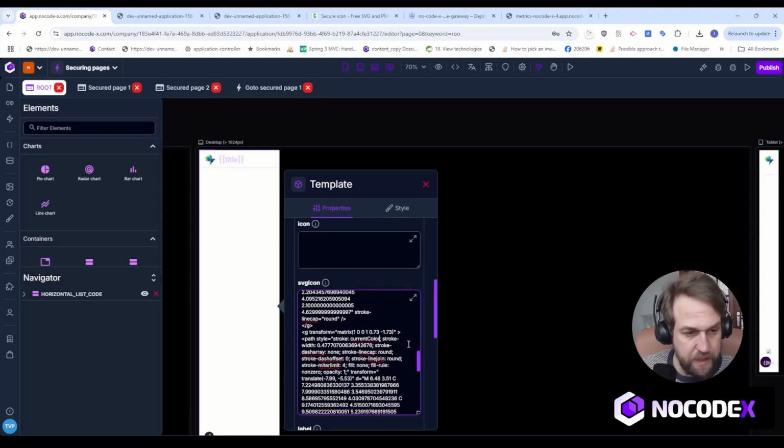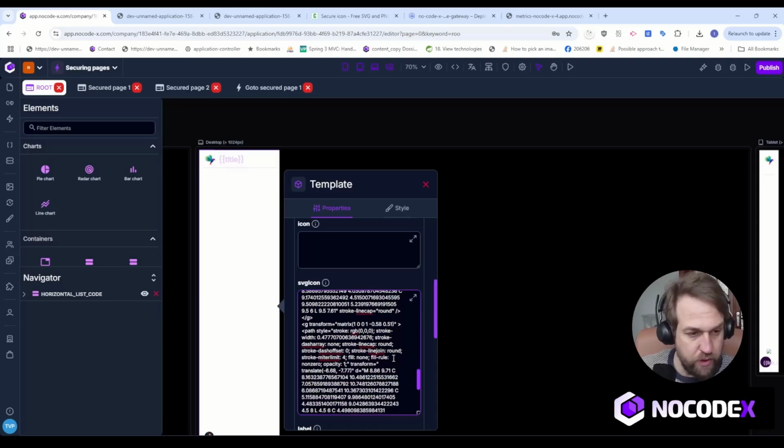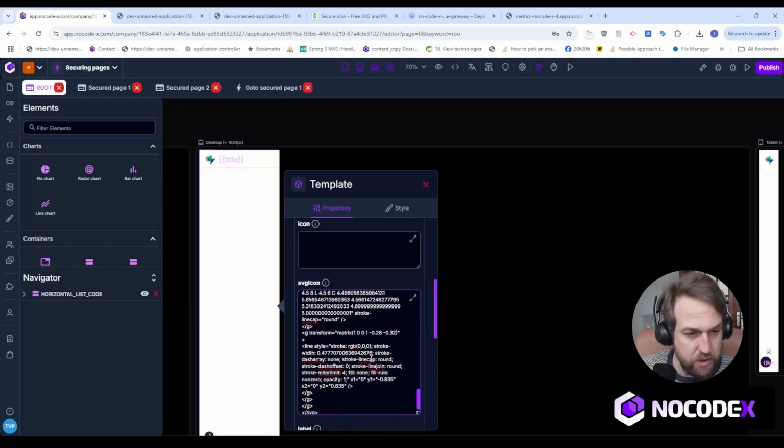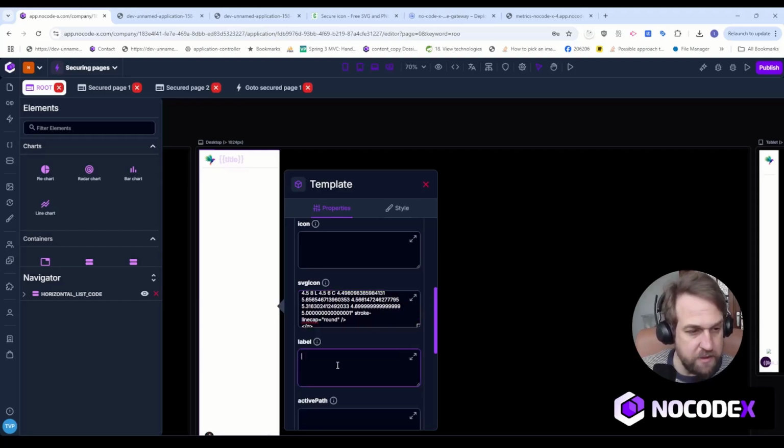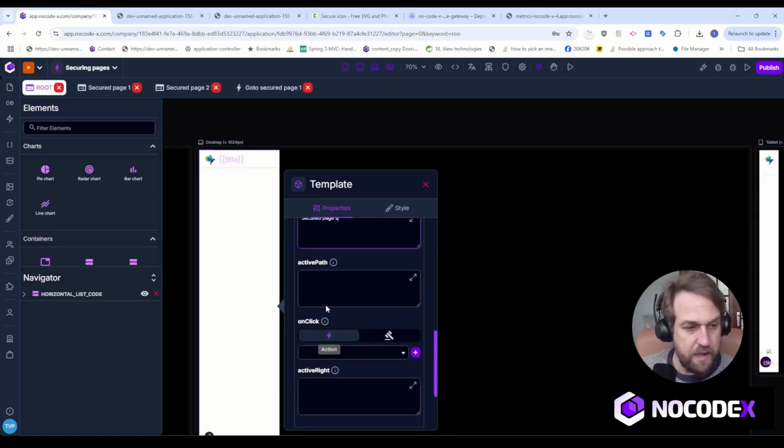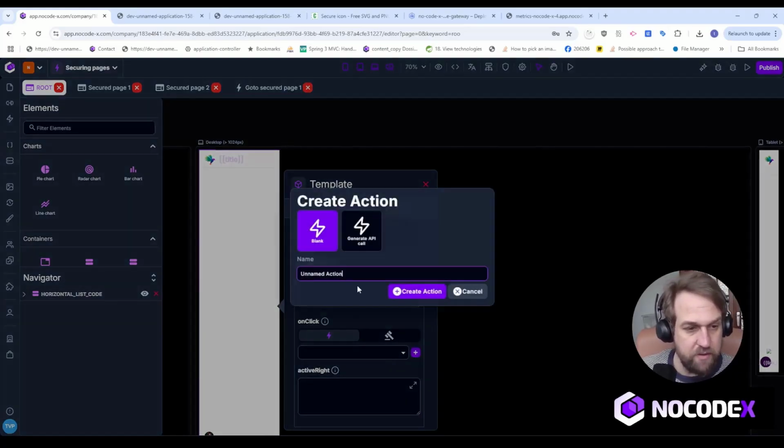And again, we'll be adding more tools in further releases to make this much simpler, like this. Voila. So that's the icon setup. I'll call this secured page 2. The active path is secured page 2. And then we'll create an action which should be executed when we click this link. Go to secured page 2,